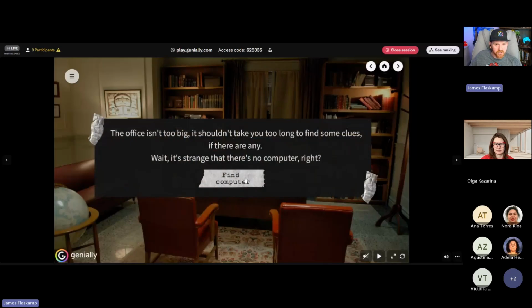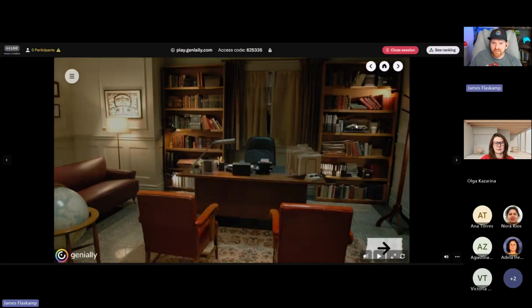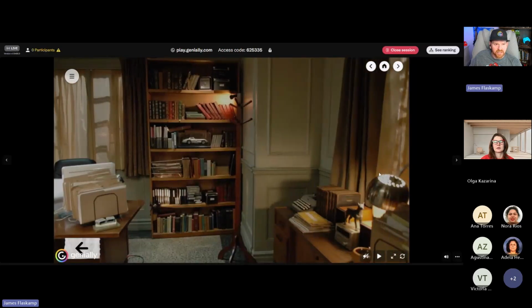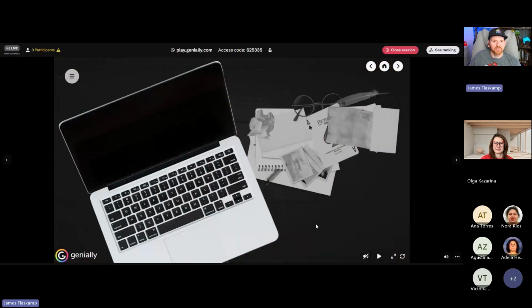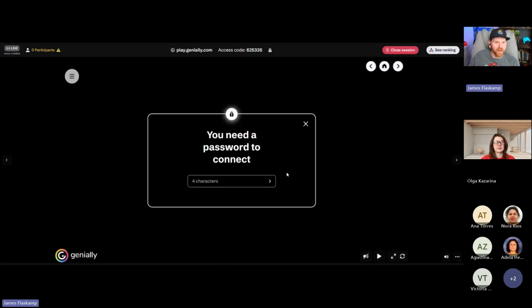Okay, so we're looking for the computer, I think. Yep, find the computer. And as we click around, okay, we're not finding anything yet. Okay, let's click over here. And now files, okay. What's that? Ah, the computers of our grandparents, the typewriter. What about this drawer? There we go. So we can open the drawer. Inside is a computer. We can't get into the computer. We need a password to connect.